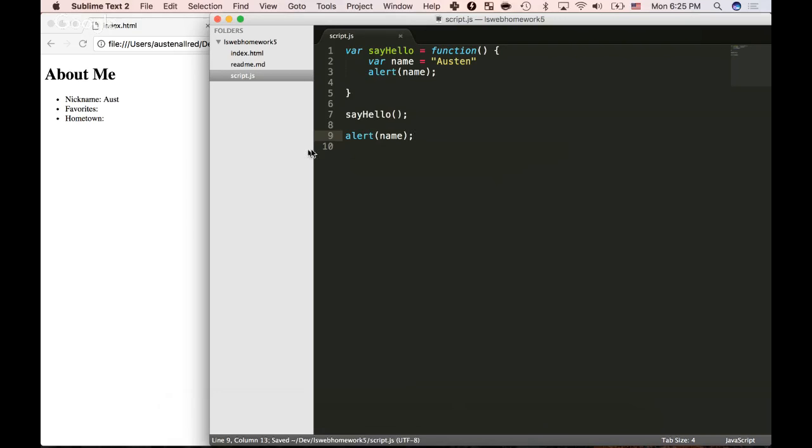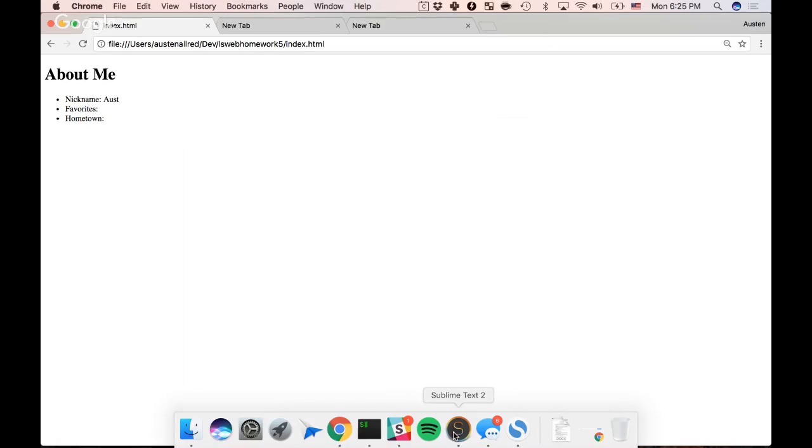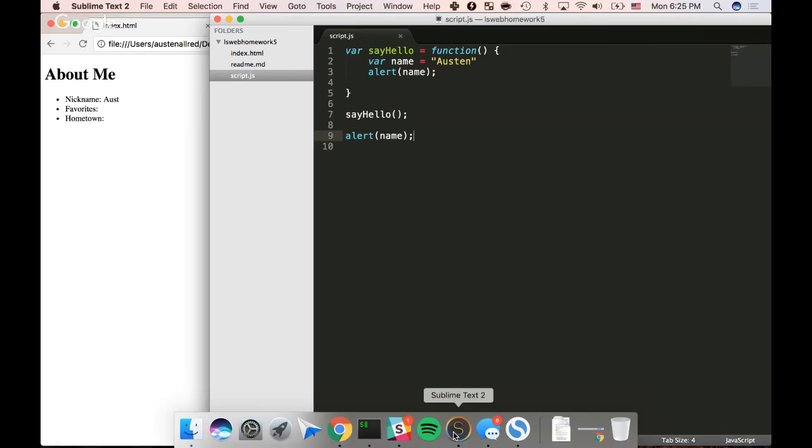We'll do the exact same thing. Austin. And there's nothing here. Why isn't it calling Austin again? Well, the reason is because of scope. So when we create a function,